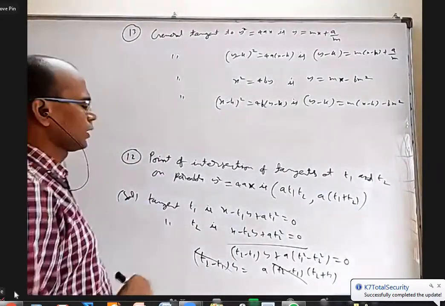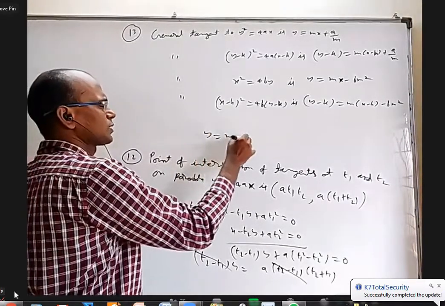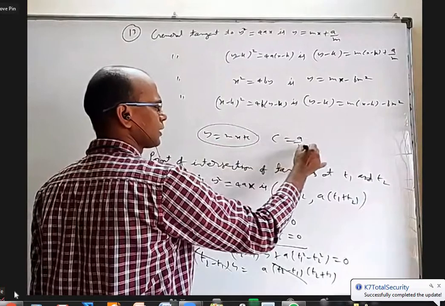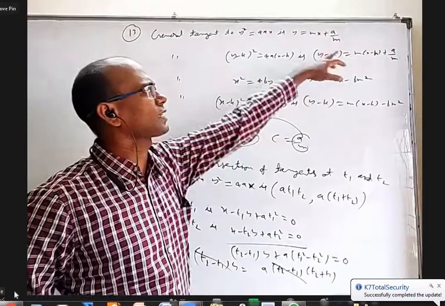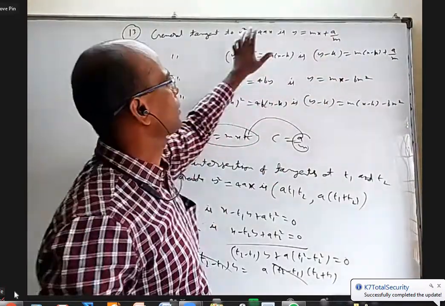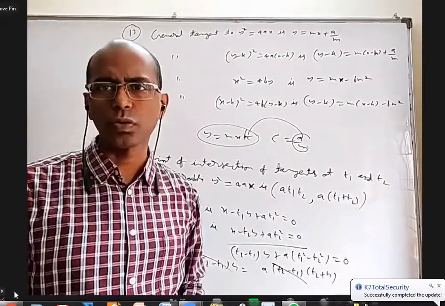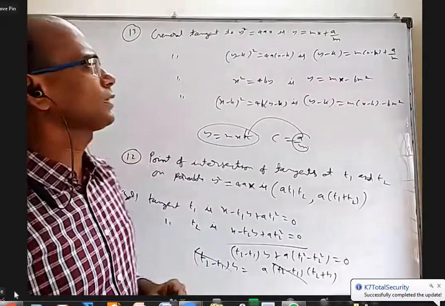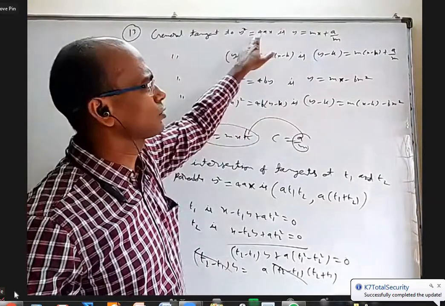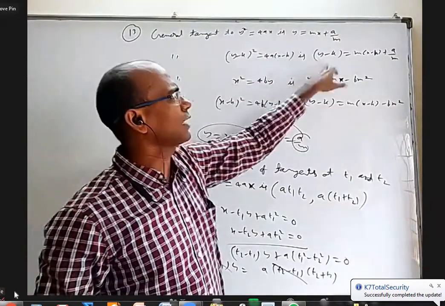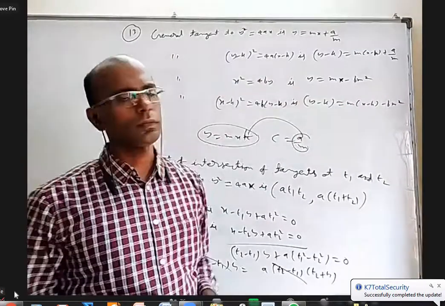In the seventh point we discussed, for y equal to mx plus c to be tangent, the condition is c equal to a by m. If you put that a by m back, it is always tangent. Whatever m you take, it is always tangent to parabola y square equal to 4ax. Like in circles, we have the formula y equal to mx plus or minus r root over 1 plus m square as the general tangent. Whatever m you take, that line is tangent to the circle. Like that, here whatever m you take is a tangent to this parabola. If you translate it, you have to also translate the corresponding y and x. If it is x square equal to 4py, of course, we have a different formula.